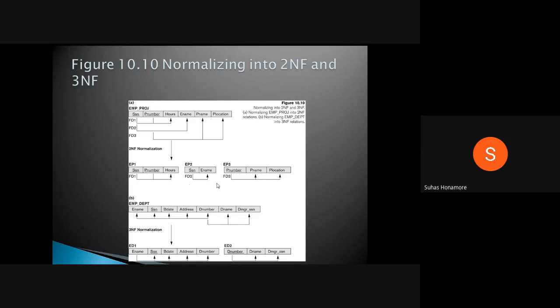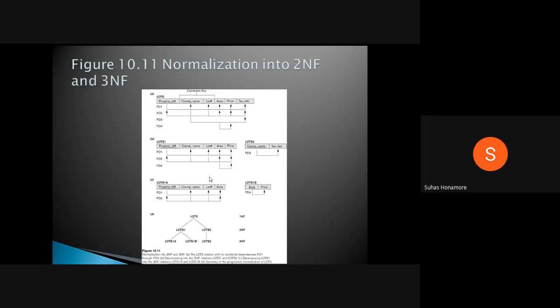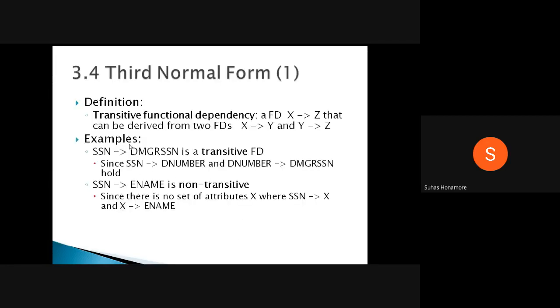Now we'll go for 3NF. Here, transitive functional dependency should not be there. A relation schema R is in 3NF if it satisfies 2NF and no non-prime attribute of R is transitively dependent on the primary key.